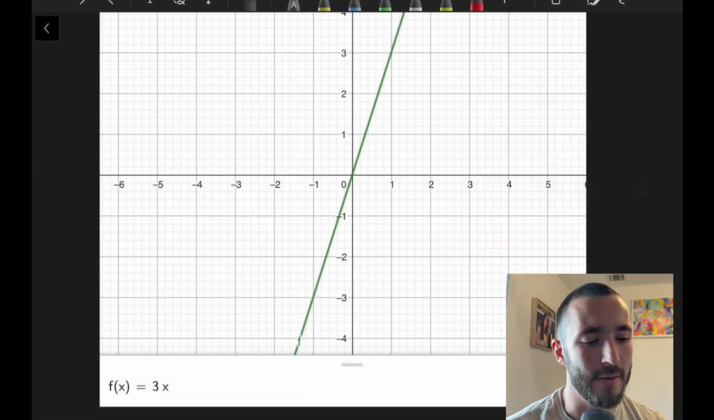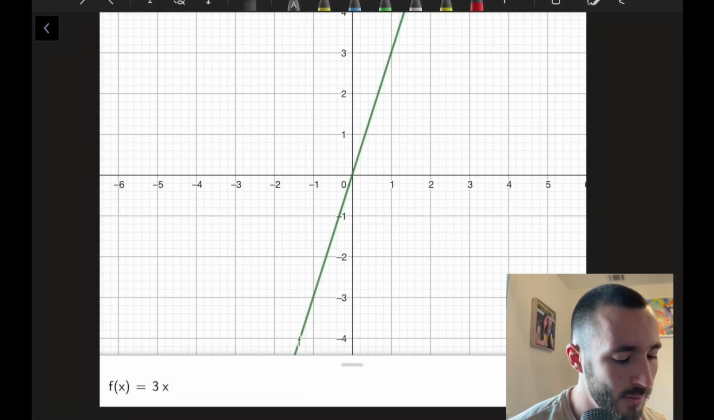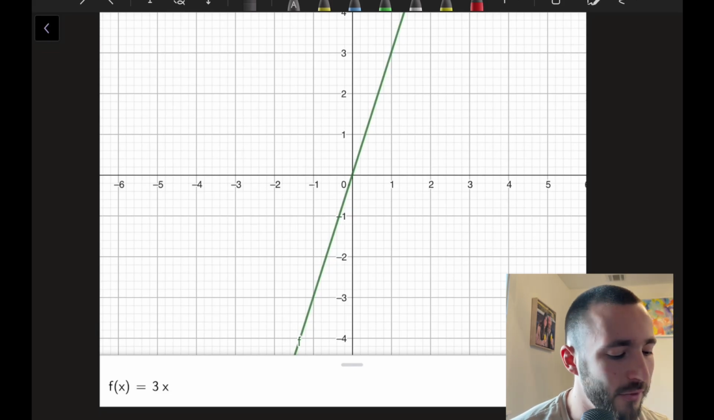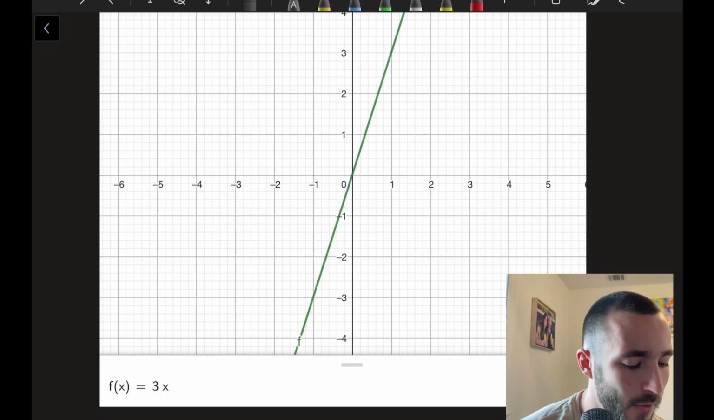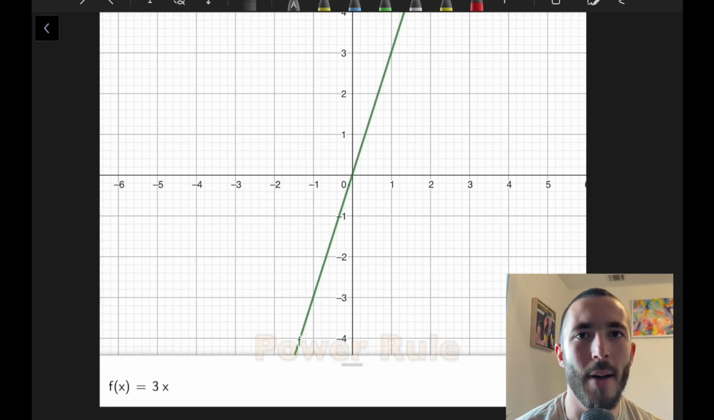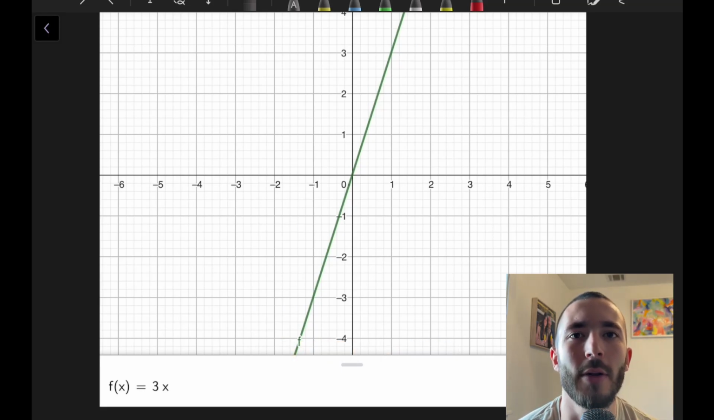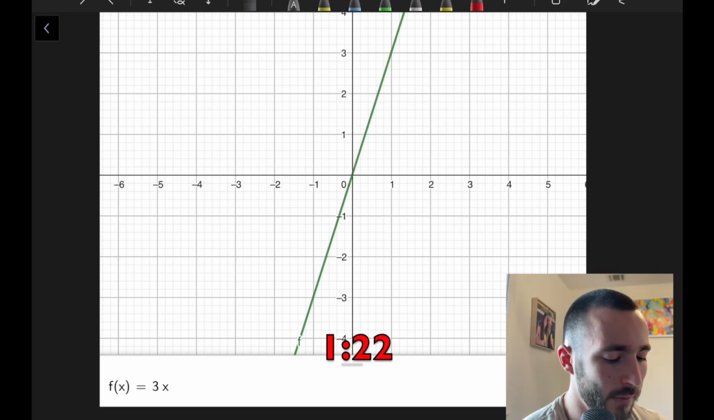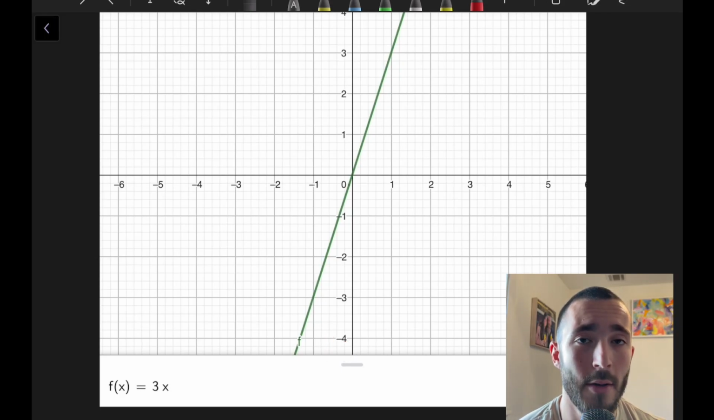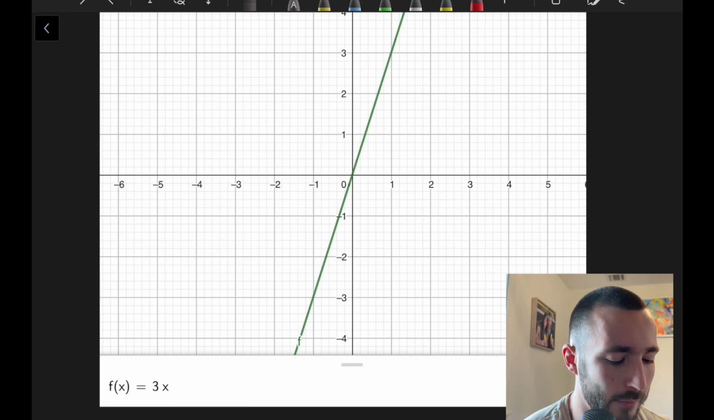Let's jump into it. This first graph that we have is y equals 3x. This is a simple one. It's just a straight line. So the way we find a derivative is using the power rule. If you already know what the power rule is and you don't want to sit through this part, jump to this timestamp. So to use the power rule here, what we need to know is that 3x is the same